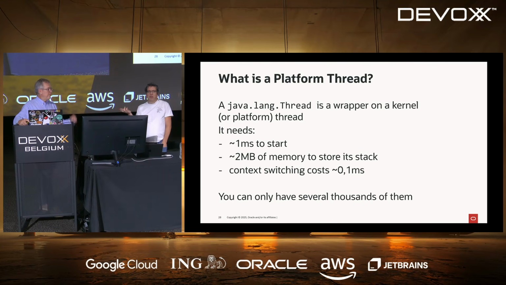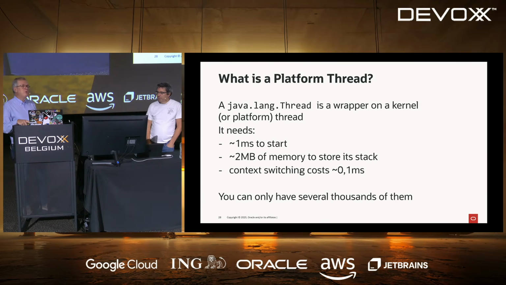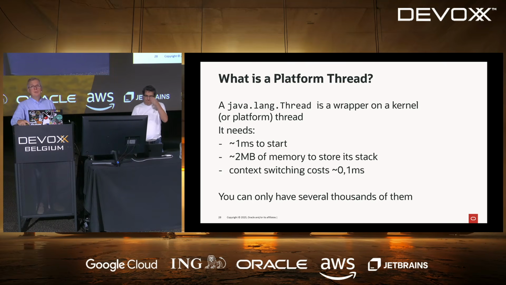Yeah, technically it depends on your OS. In Linux, it tends to reserve less, and when you ask for more stack, it will provide you the value because it plays with virtual memory. But if you are on macOS, for example, you have the whole memory reserved upfront. And the context switching, we probably heard about that, takes about 100 microseconds, which is also actually a lot of time considering the speed of current CPUs.